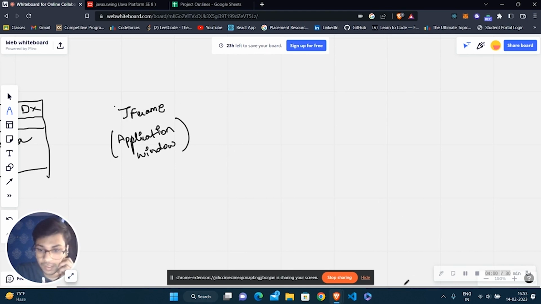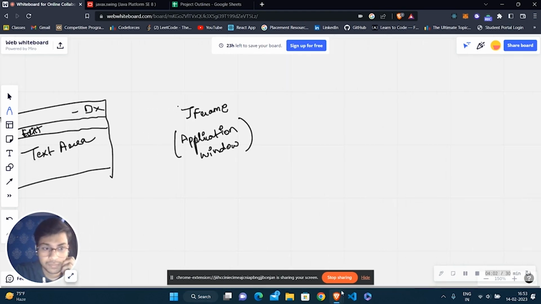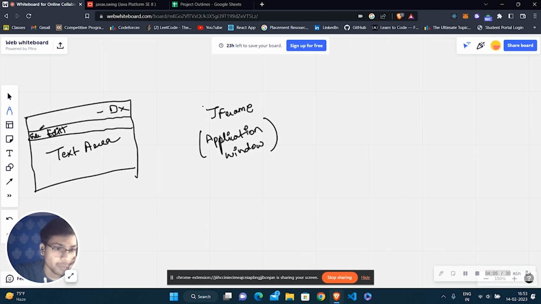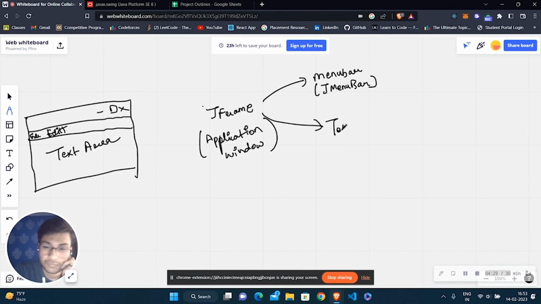And inside this window, I'm going to have a menu bar and a text area. The first one is the menu bar, and the class we are going to use is JMenuBar. The second one is the text area.